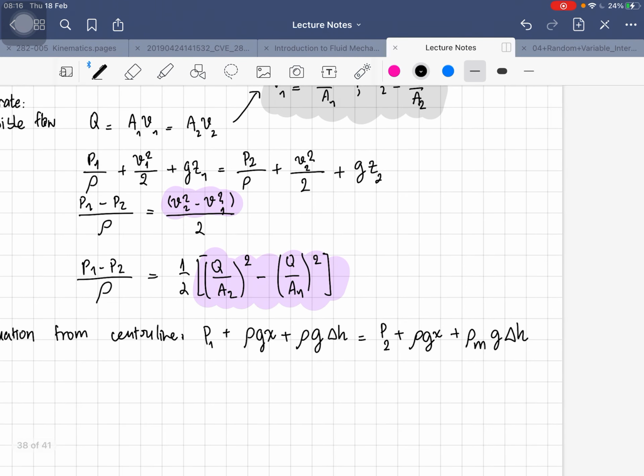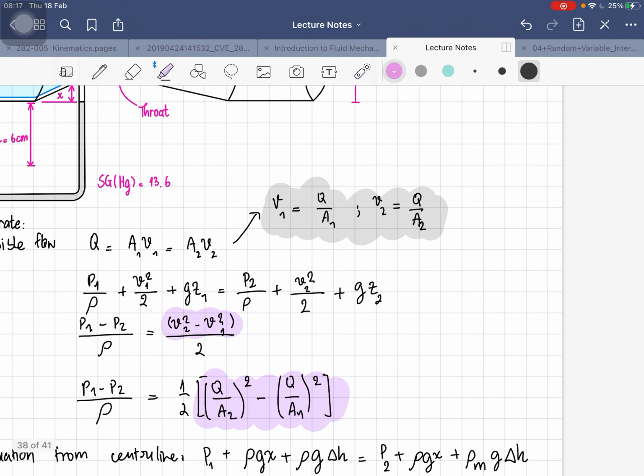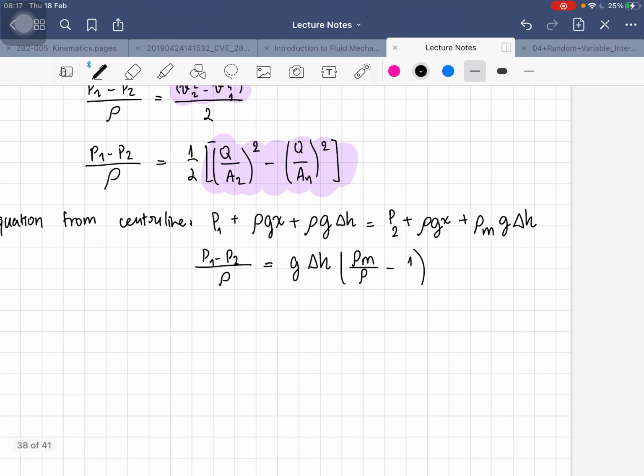So after we have this equation, we can solve for it because we have similar things here, common things, P2 and P1. So now let's go back to P1 plus P2 over the density equals to g, h, and this one over rho minus 1. So after this, we can see that this Q here will be equal to